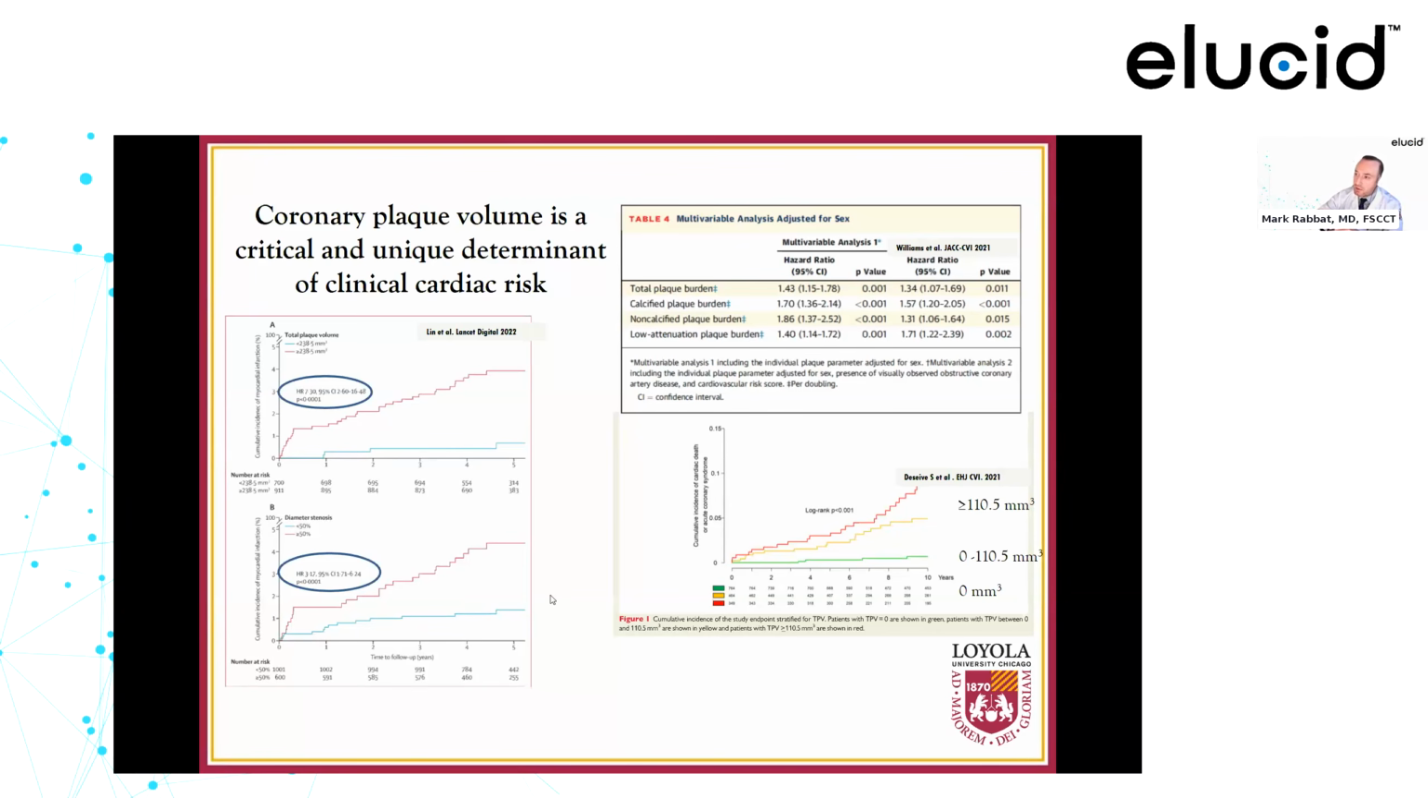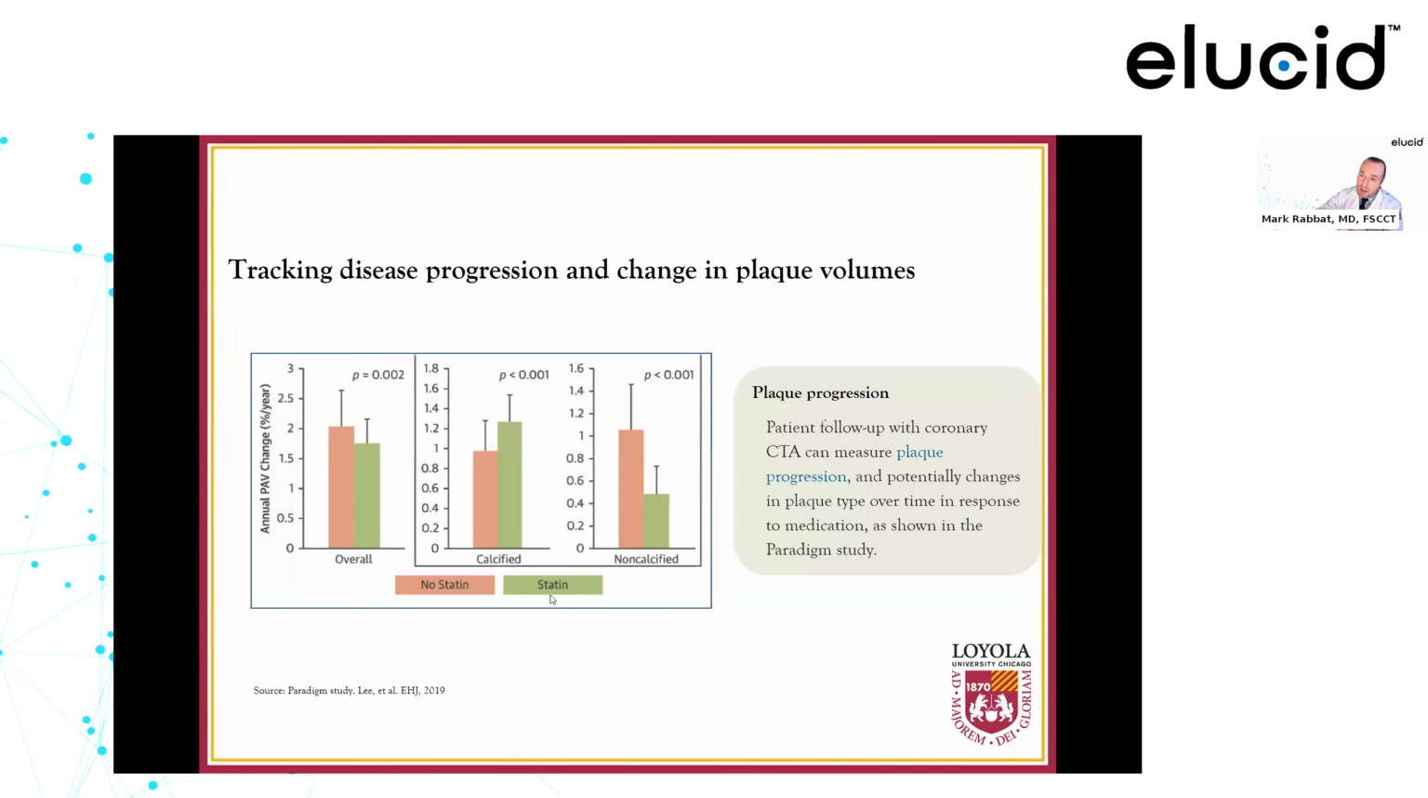Other clinical studies would suggest that after multivariable analyses accounting for sex, accounting for obstructive CAD and other cardiovascular risk factors, total plaque volume, calcified plaque volume, non-calcified plaque volume, and low-attenuated plaque volume all have independent prediction of downstream adverse clinical events. Now, we can also track disease progression and change in plaque volume over time, and patient follow-up